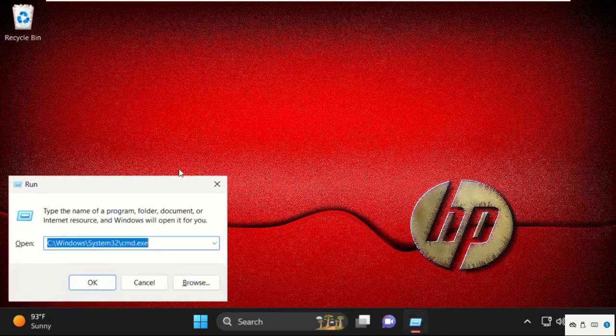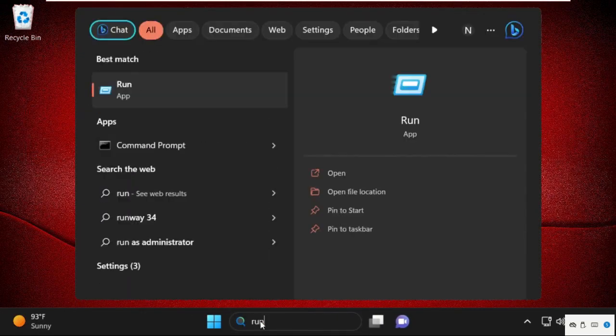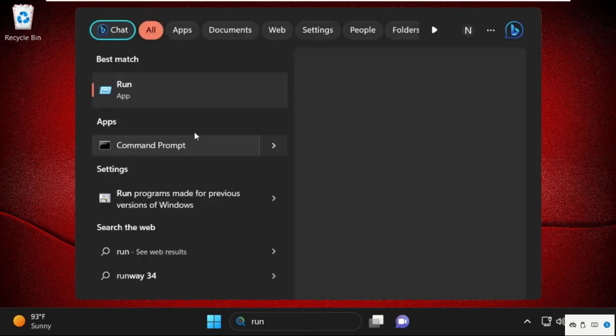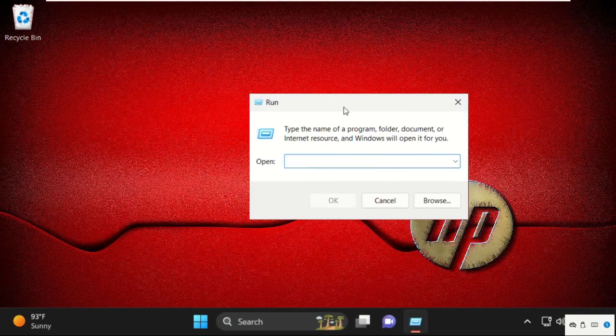Go to run. We need to press Windows key plus R together, or you can simply search run from the search bar and click here to open it. Now from here we need to type some command,